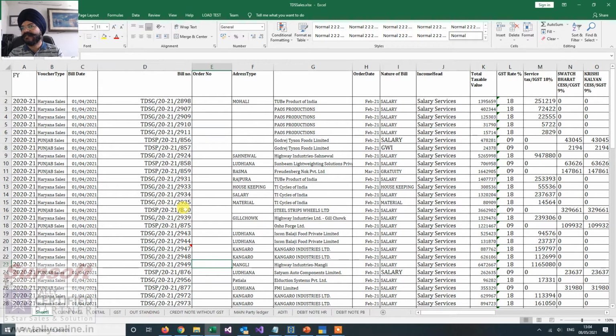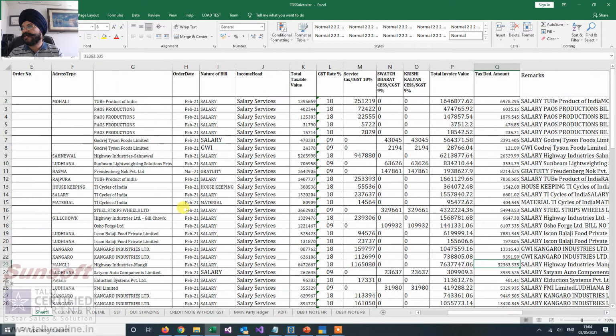This is a date and this is a customer. Then this is a service which a customer is giving, and this is a total taxable value, GST rate, then these are the GST, and at the end there is a TDS amount which needs to be posted at different ledgers with every customer.